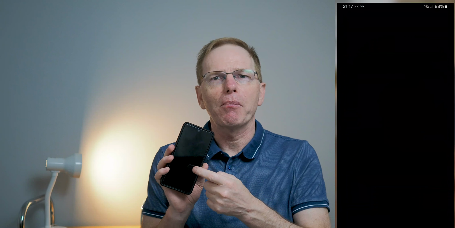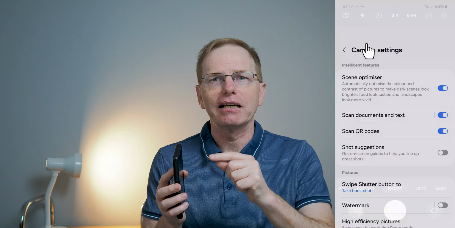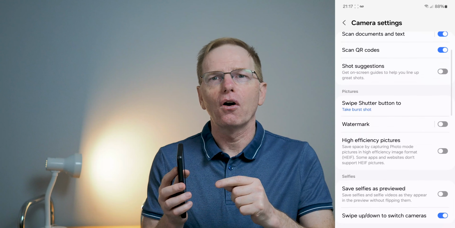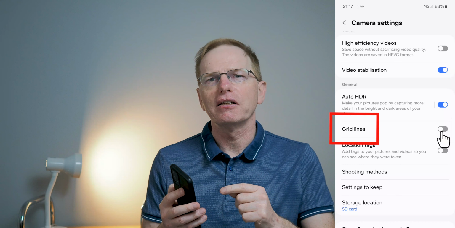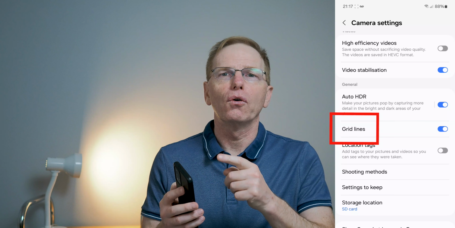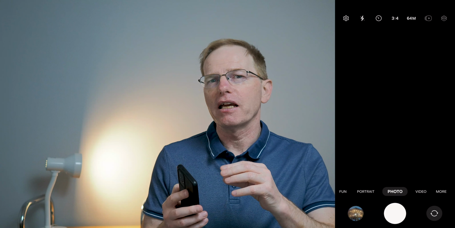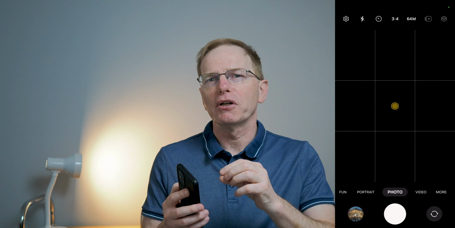So all you do is go into the native camera app on your Android phone. At the top of that app, there is a little cog. Click on that cog and that takes you into settings. In settings, scroll down until you can see the setting that says grid, and then you can toggle grid on or off. And what that does, it places the rule of thirds grid on your screen when you're taking a